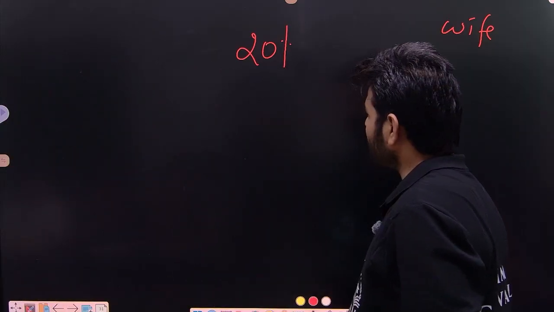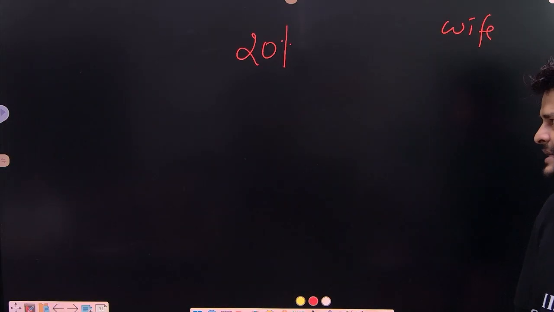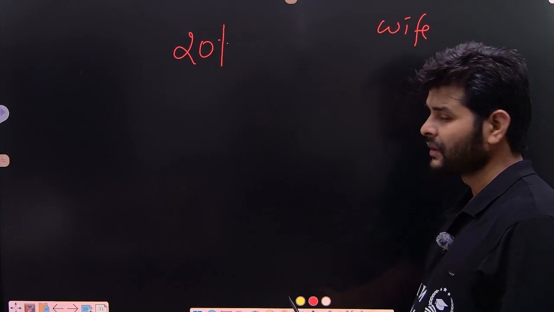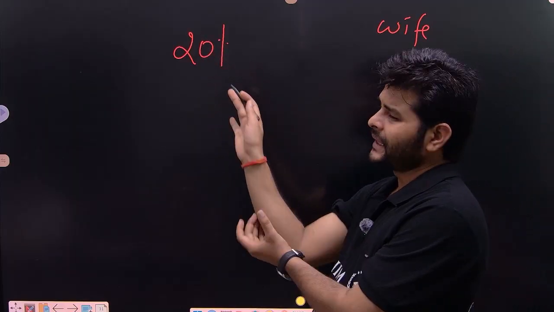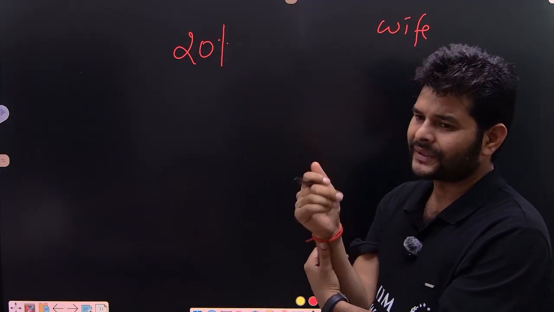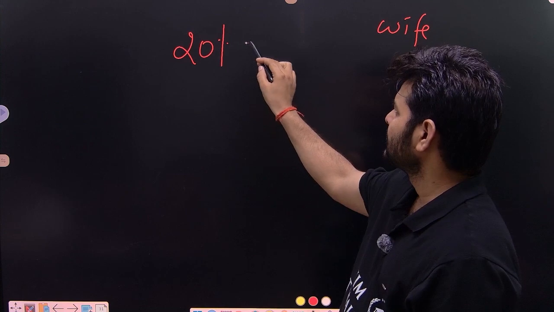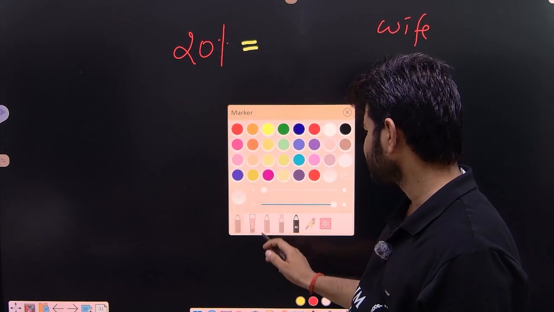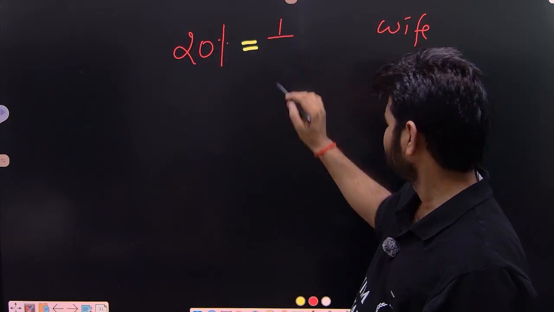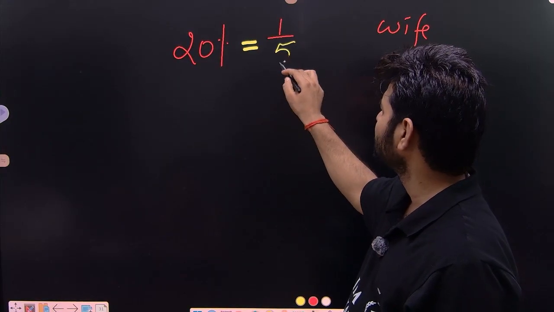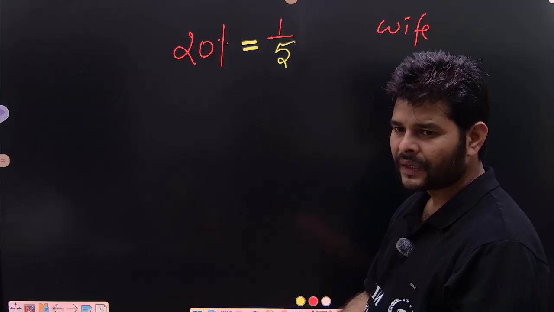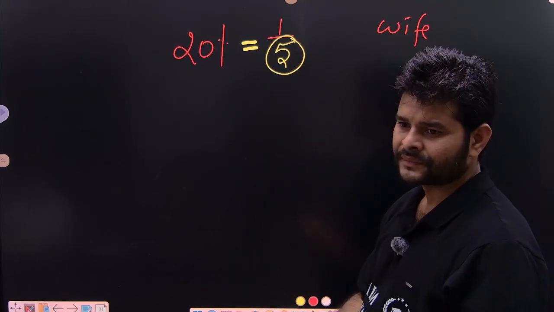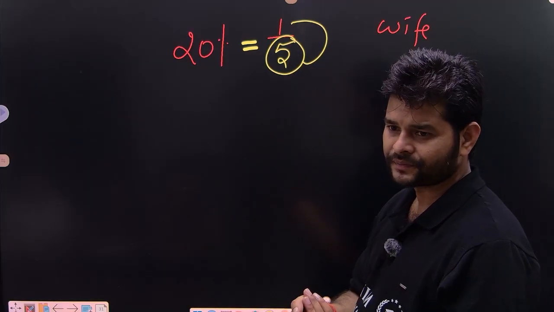So it's not your fault. Most of the time students say yes, the answer would be the same, but there is a big difference between both. Let's do it. If I am making 20% more than you, then converting 20% into a fraction, the value would be 1 upon 5. If you are making 5, then I am making 1 more, 6.